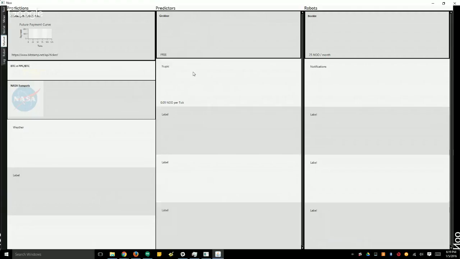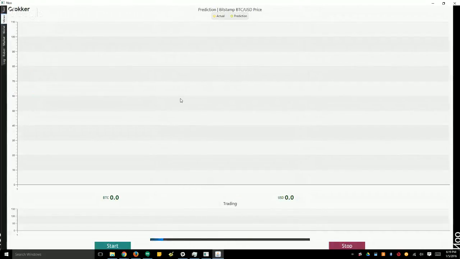Earn some value, not money, earn some value to do it. Yeah. So you should be able to click on Grokr, go over to the miner, hit start, and start making some money, if you have a GPU, by virtue of just crunching that data.